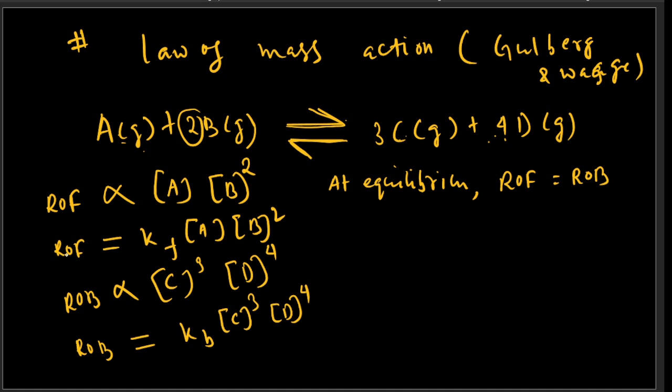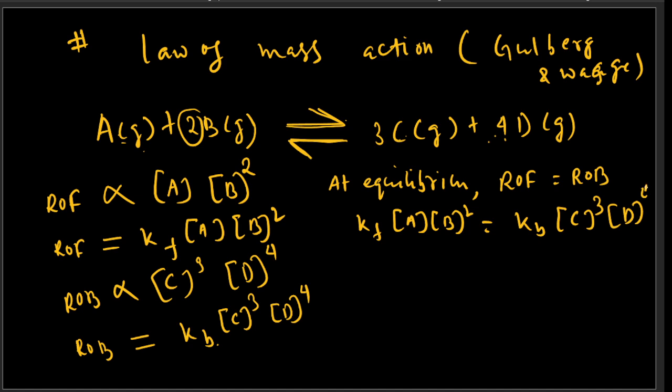The rate of forward reaction is Kf times concentration of A times B square, and the rate of backward reaction is Kb times concentration of C cube times D to the power 4. And if I say Kf by Kb, this is concentration of C cube,